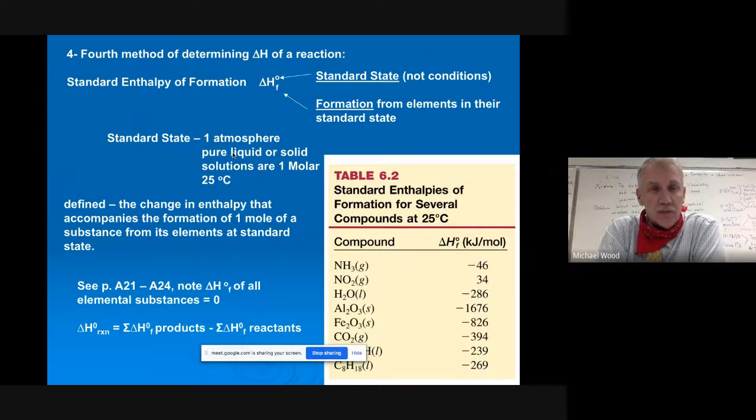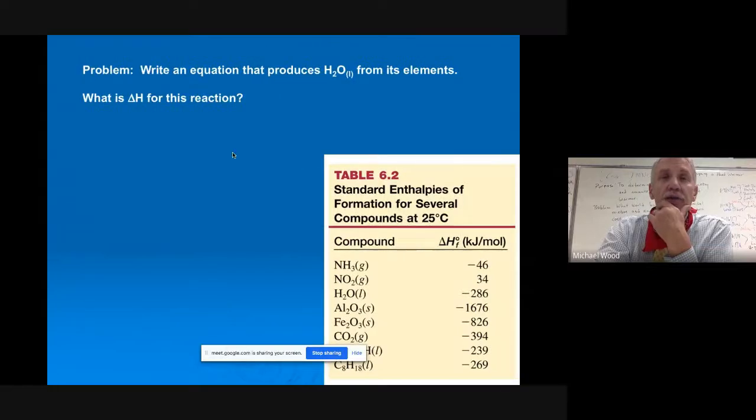Greek letters mean the sum of. So the sum of the delta H of the products minus the sum of the delta H of the reactants. And so the only thing that's confusing here is you just got to remember you do products minus reactants. Okay. So now first of all, I want to make sure you understand what this standard formation here means. So write an equation that produces H2O from its elements. So what is the delta H for this reaction? So if I do that,